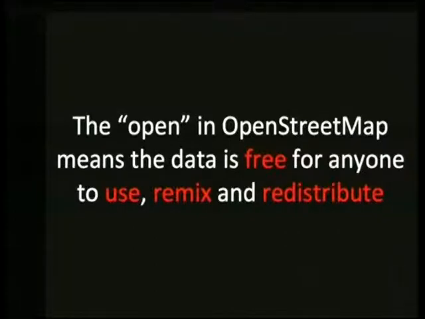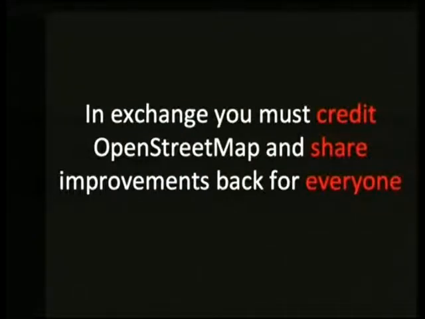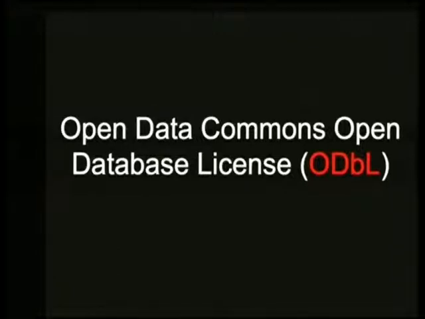So this probably seems familiar, but basically the open is that you're free to use and remix the OpenStreetMap data, and anyone is free to do that. But you must, in exchange, credit OpenStreetMap, and also if you make improvements and distribute them, they have to be open and available to everyone. So specifically, that's the Open Data Commons Open Database License, or ODBL. It's similar to the Creative Commons CC BY-SA, except that was not appropriate for databases, so about a year and a half ago, the license was switched to ODBL.